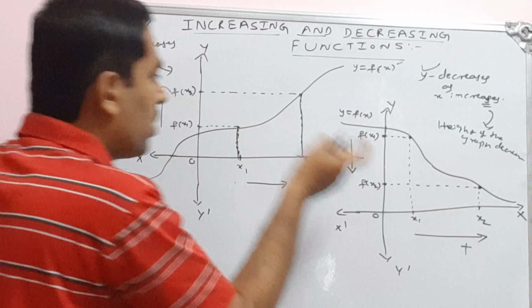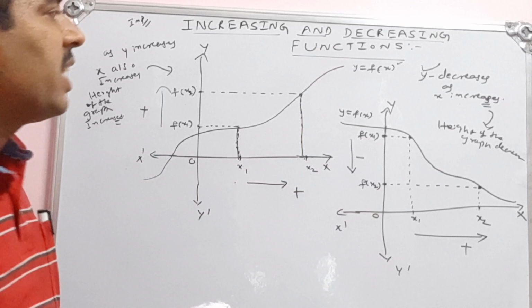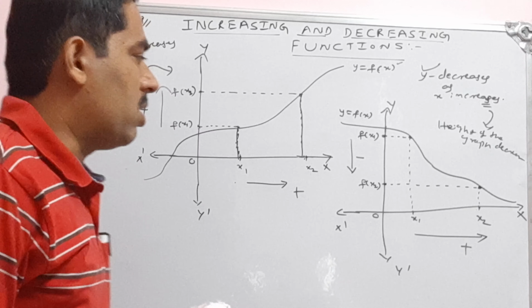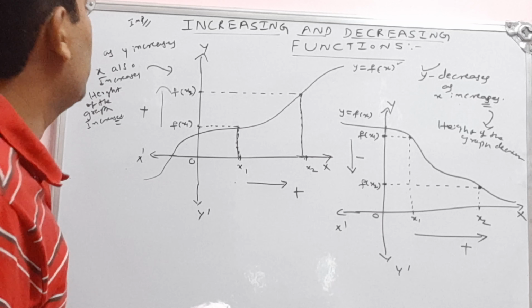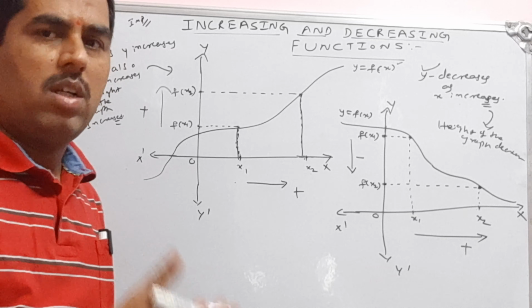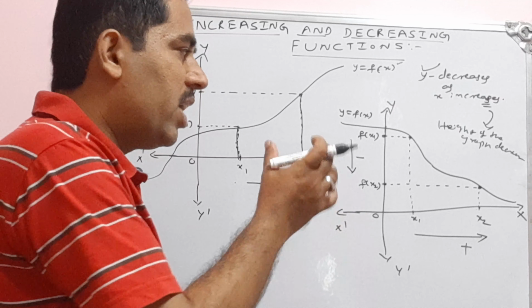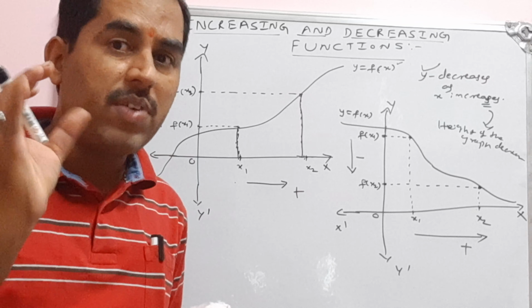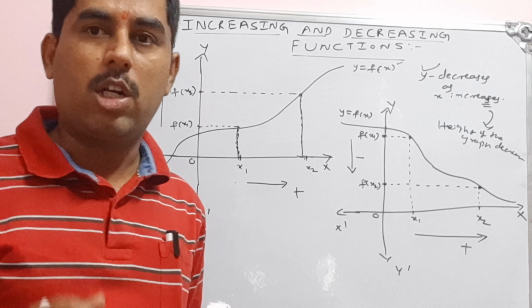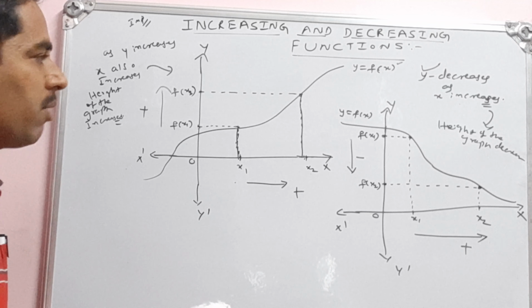It is a decreasing function, and it is an increasing function. So this we call increasing and decreasing functions. We can write this in definition form. We can also take some examples and show what increasing and decreasing functions are. We discussed whether the function is increasing or decreasing in some specific given intervals, in open intervals. The same thing can be written in definition form.